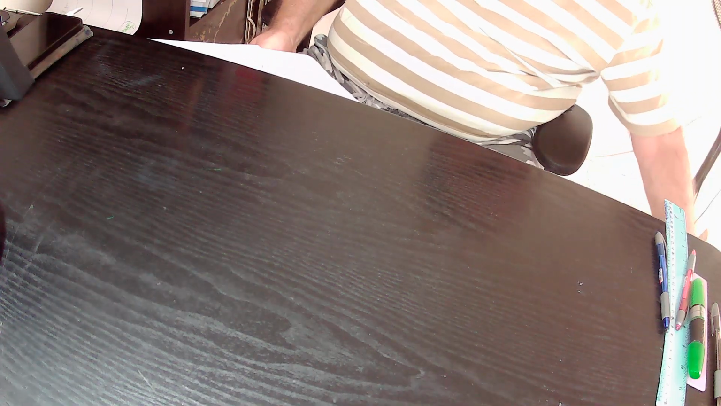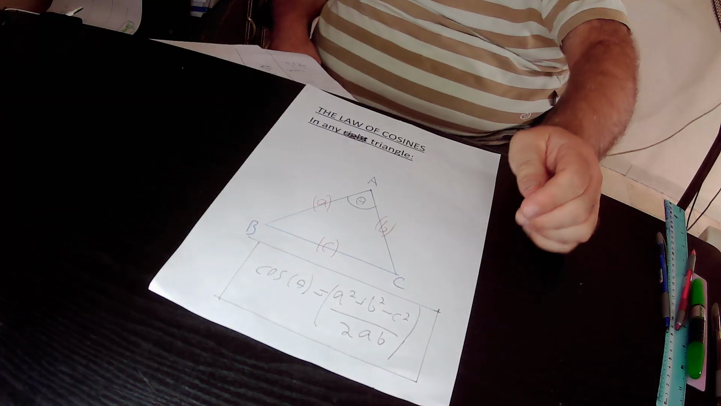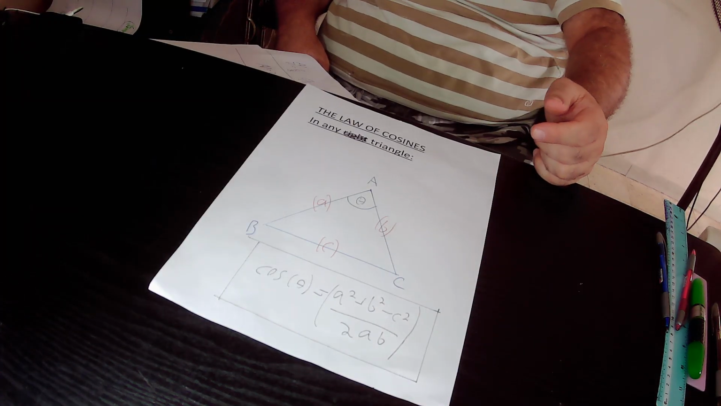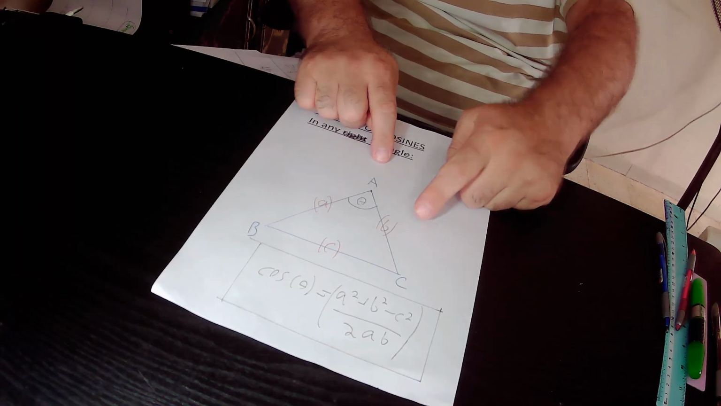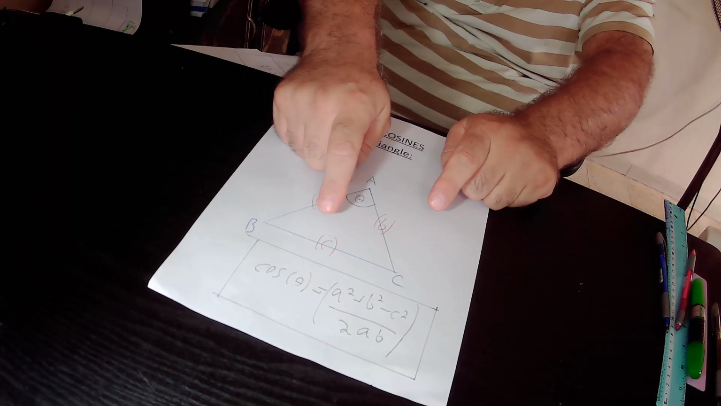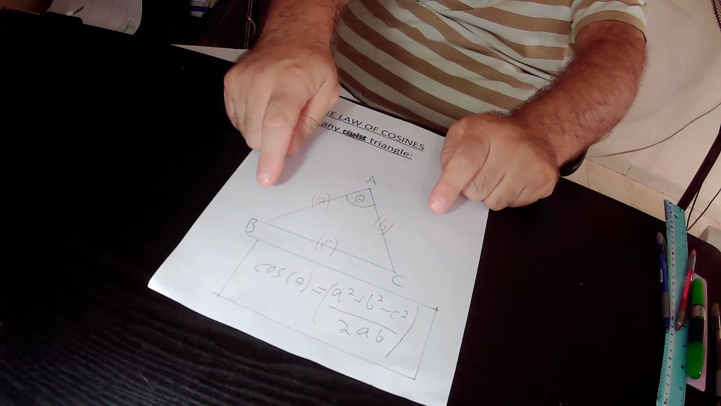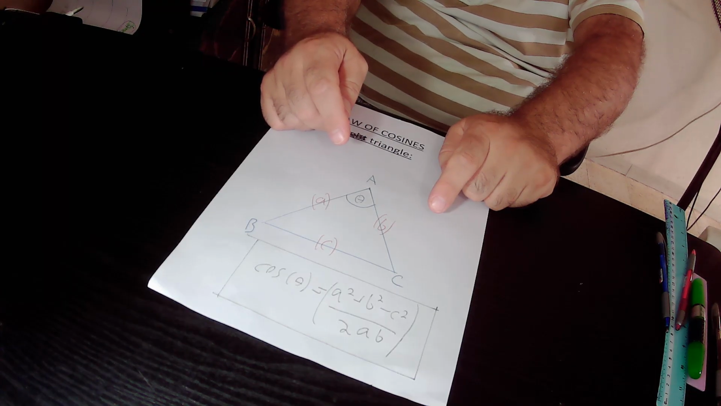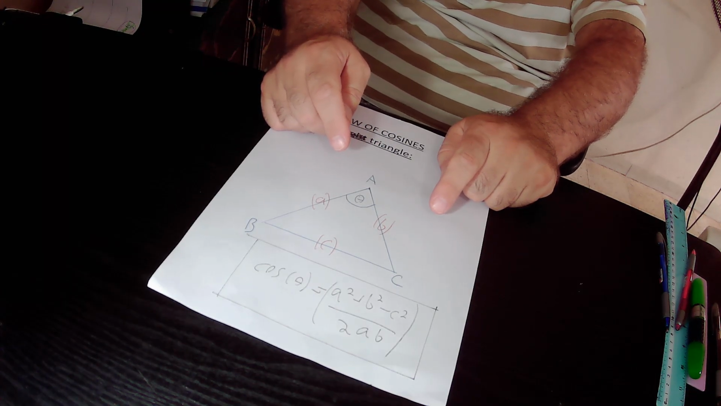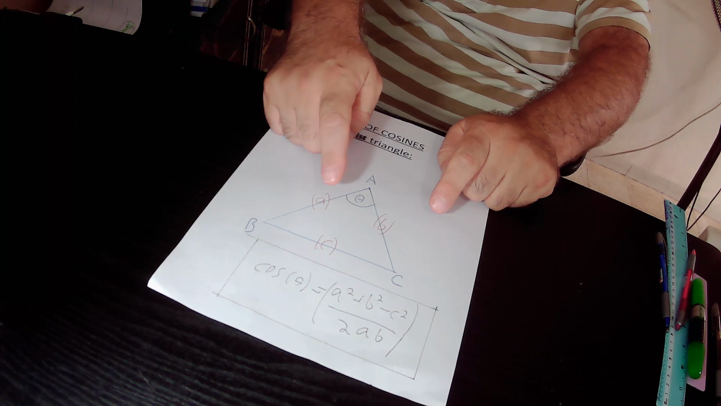The law of cosines is for any triangle. This is triangle ABC. That could be any triangle. In this triangle ABC, side AB equals A units in its length, side AC equals B units in its length, and side BC equals C units in its length. This is angle BAC, that equals theta degrees in its size. The following equation is true, that cosine theta equals a square plus b square minus c square over